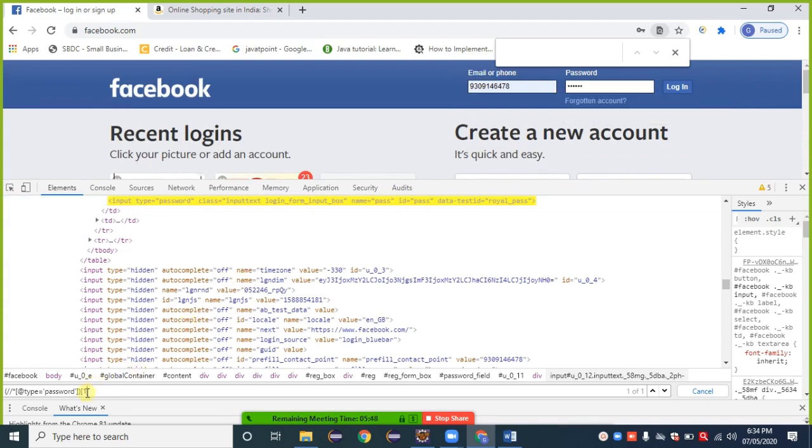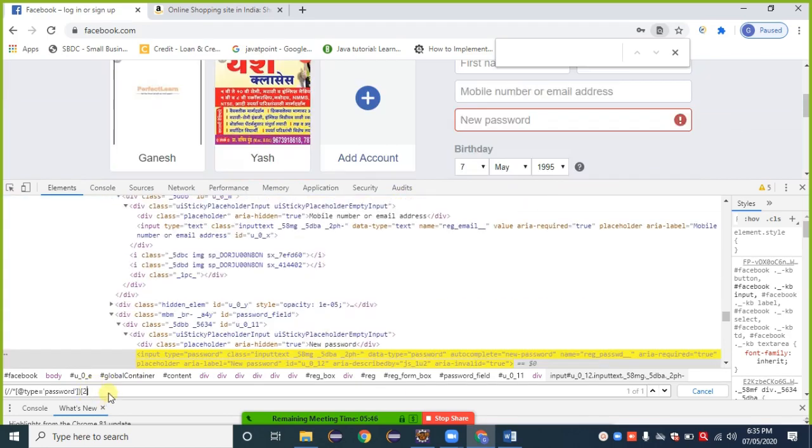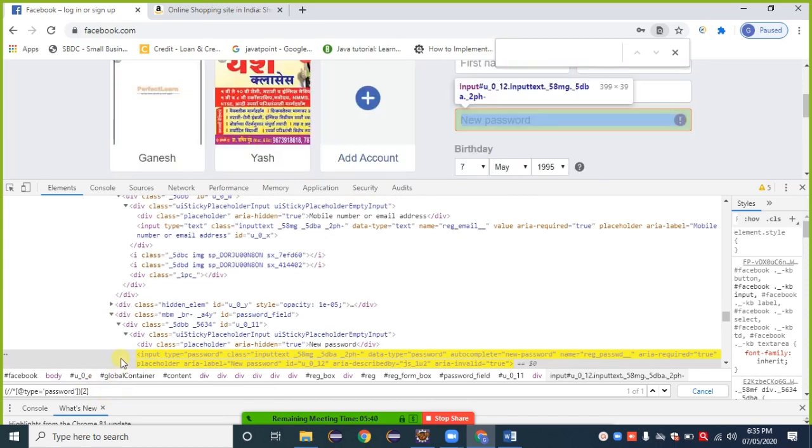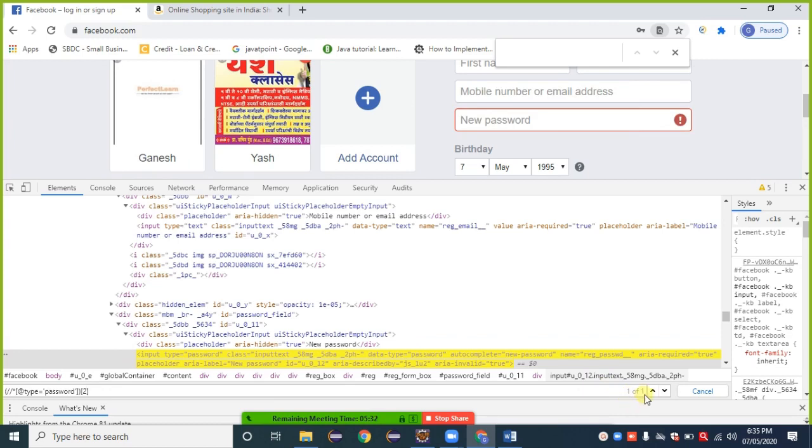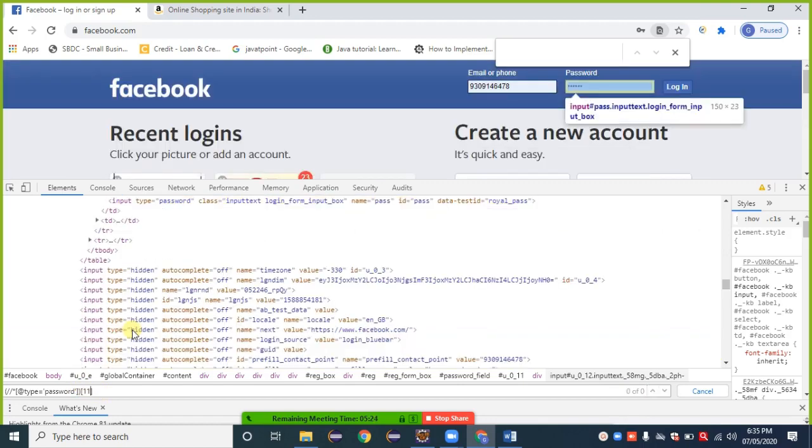Then instead of 1, provide 2 here. Observe that another one gets highlighted. Take the cursor on that one. Yes, it is the required web element. If I have 1 of 12 available, I can go with this also. There is no limitation, I can go with any number. Just check everyone, up to 11.